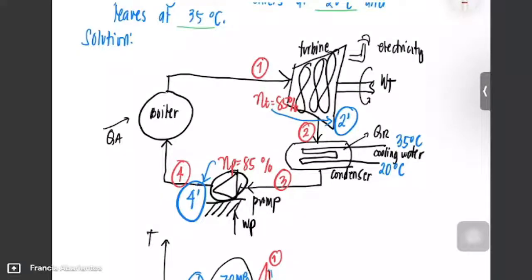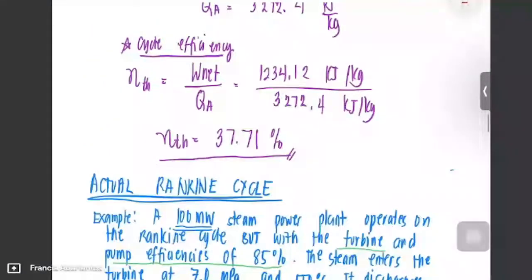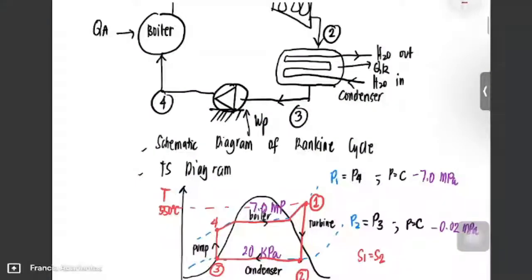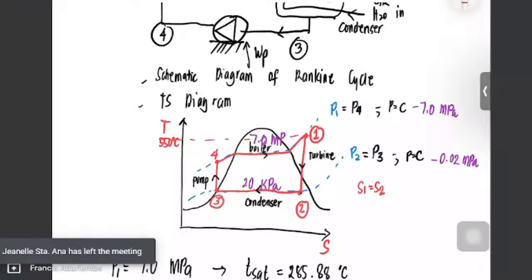Okay? Question? Okay, raise your hand if you understand now the actual and the ideal ng Rankine cycle. Ang ideal, madali lang. Ayan yung ideal. Okay? So, if you understand it all, can I request everyone